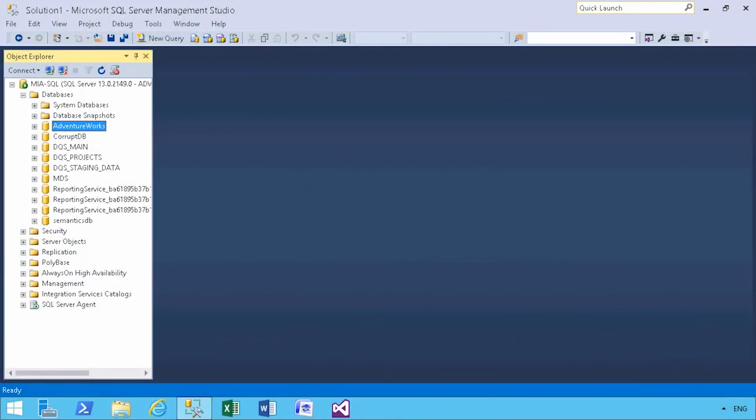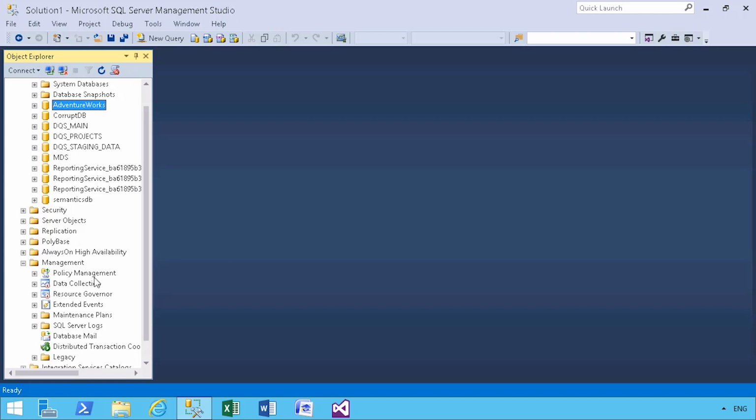In this demonstration, we're going to look at how to create a database maintenance plan. Now, in the previous demonstration, we talked a little bit about how you can use a database maintenance plan to rebuild the indexes on a database, but you can use it for a lot of other things. In this demonstration, we're going to look at how to shrink a database, how to rebuild an index, and how to update stats using a database maintenance plan. There's a lot of other things we could use it for. We could use it to back up the database. We could use it to import data. So in this example, we're going to look specifically at maintaining